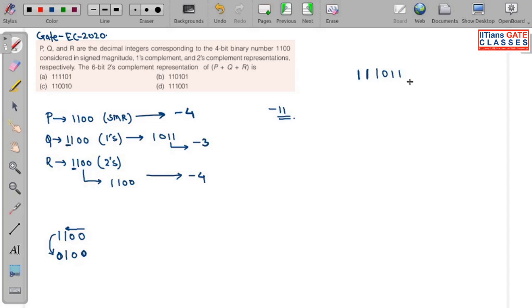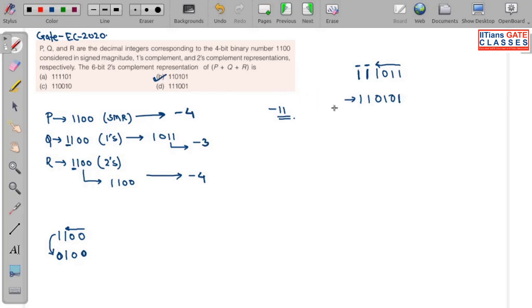If this is a negative number and I have to take the 2's complement, remember this is the sign bit. Never complement this while taking the 2's complement once again. So if I start, it will be 1 1, and writing from here with the shortcut method, we encounter 1 at the first bit only. So we just write it and then take the complement of each term, which gives 0 1 0. Which is the option here? No, this is not it. This is 1 1 0 1 0 1. So option B is the correct answer for this question.